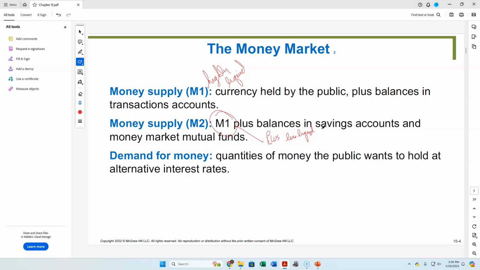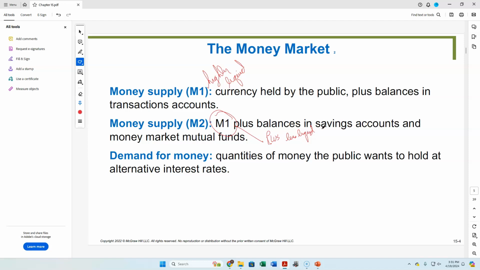Basically, we're saying that it takes a little bit longer, a little bit more work to turn it into cash. Technically speaking, with a savings account, if you have a big enough balance, that cash is not immediately available. A bank can decide to pay you out after a few days. Money market mutual funds are something a lot of us have and we treat it just like cash, but in actuality, it's money that's invested not in the stock market, but in bonds. And that cash would take some time to have access to.